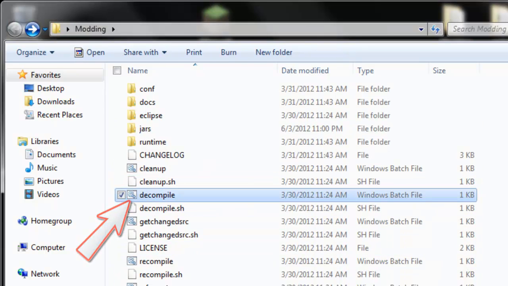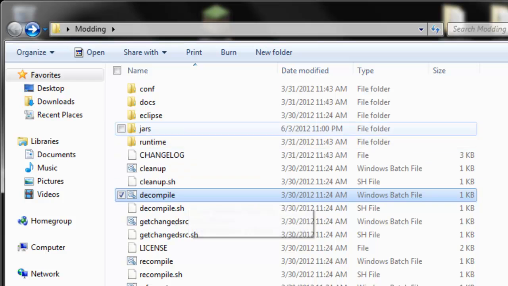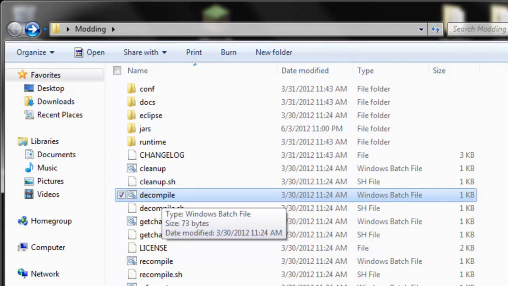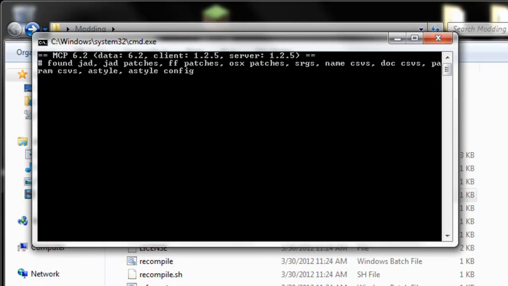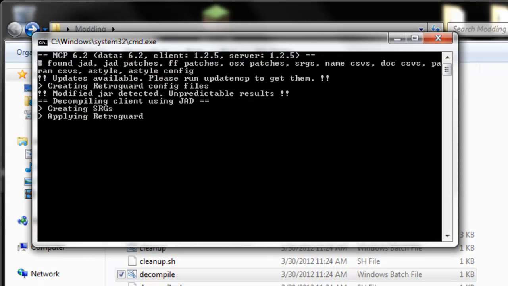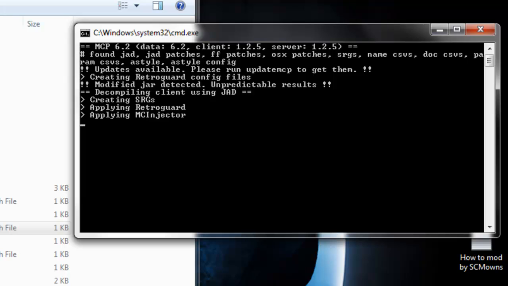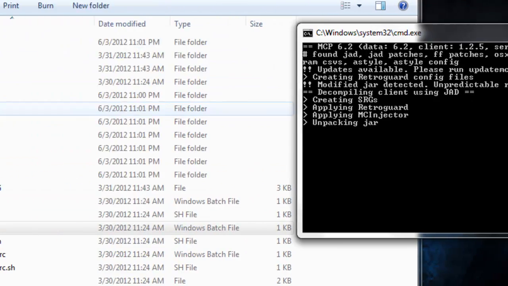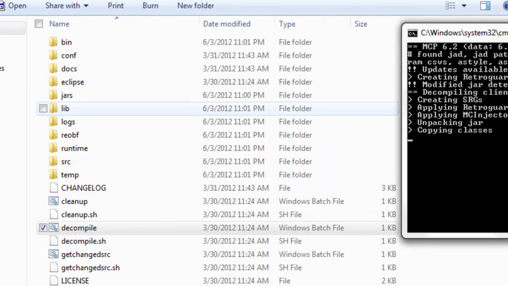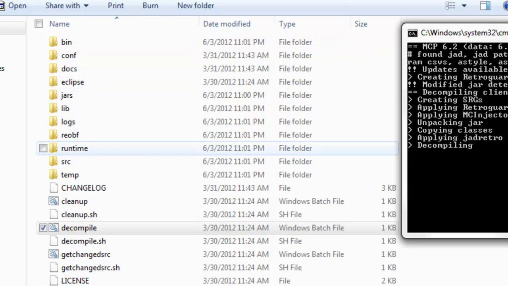Alright, so decompiling is basically opening up the Minecraft jar and giving out the source and all that stuff. So let's go ahead and double click decompile. Double click decompile, and it's going to be applying all these good things. And now you're going to see a lot of things open up. And some are very useful, some really don't do much, but